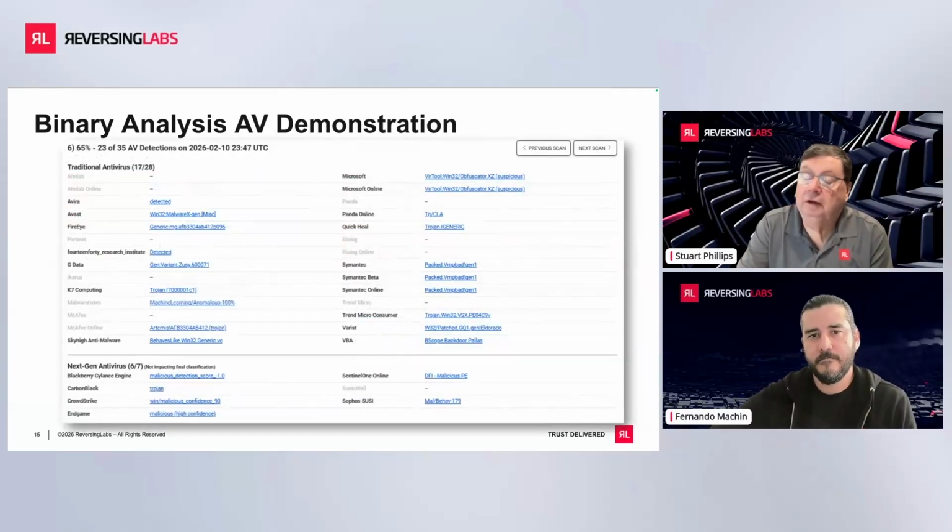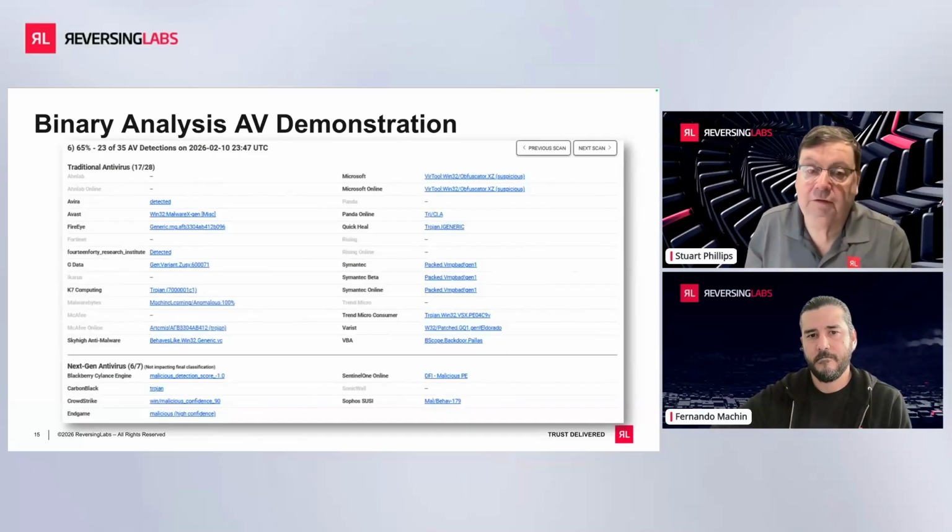With Inspector Analyze, we're connected to 35 antivirus engines, and those are all sent up automatically for you. So what will happen is we will submit the file to all of these antiviruses, and we'll give you information back, and we'll tell you what this is. And the nice thing about this is we actually don't share your information with anybody else. It's not a community type thing where it's all shared and someone can read your executive's emails and you have a problem and people end up talking about you on Slashdot or something like that. Or on Reddit was my favorite.